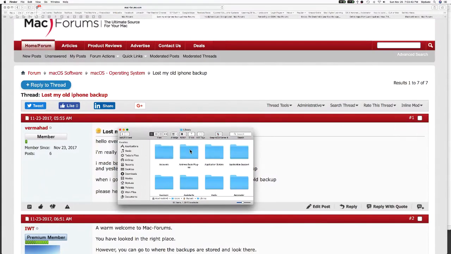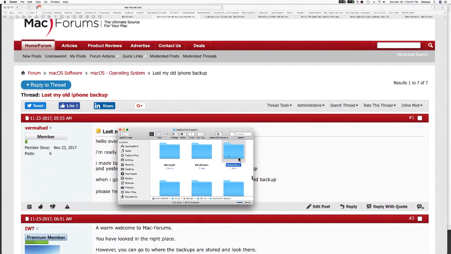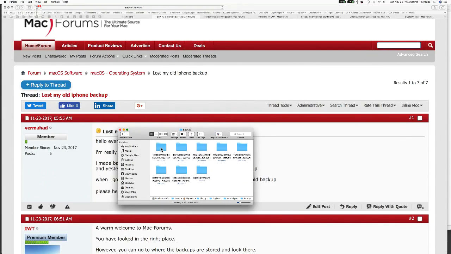From there, you're going to want to look at Application Support, and it's this folder right here, this Mobile Sync folder. And when you open that, you see another folder called Backups. Inside that Backups folder are several possible backups of iOS devices.